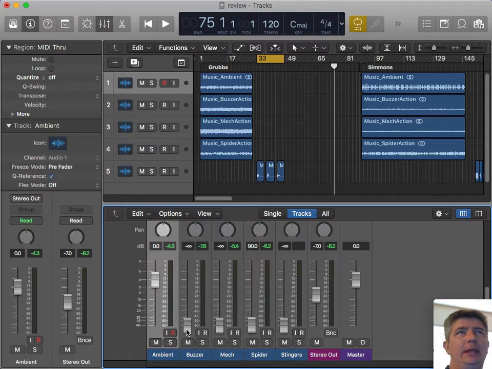Next would be instrumentation. The instrumentation needs to be unique in each cue. The only instrumentation that is contained in a particular file or a particular cue is the instruments that are unique to it. No instrumentation should repeat in multiple cues so that it does not overlap and double and triple that